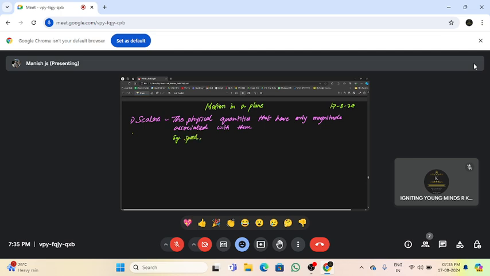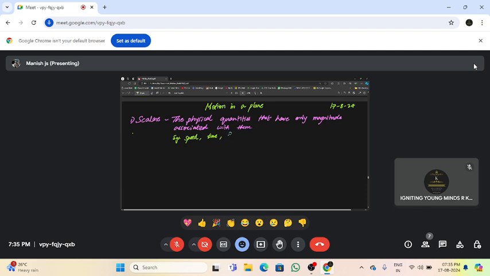Because when you talk about speed, it only gives me the information of how fast an object is traveling. I don't have information about the direction in which the object is traveling. It's distance upon time. And time is also a scalar, right? It only tells you the duration or the interval between the happenings of any particular event. So time is a scalar quantity.